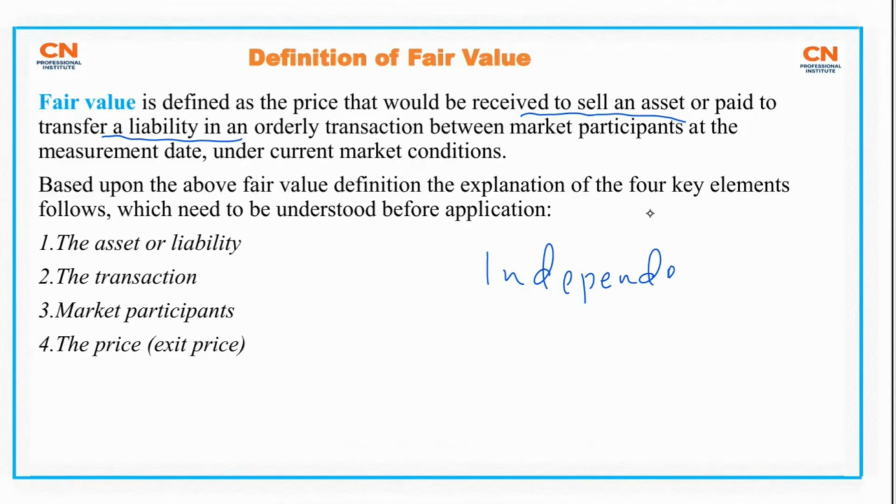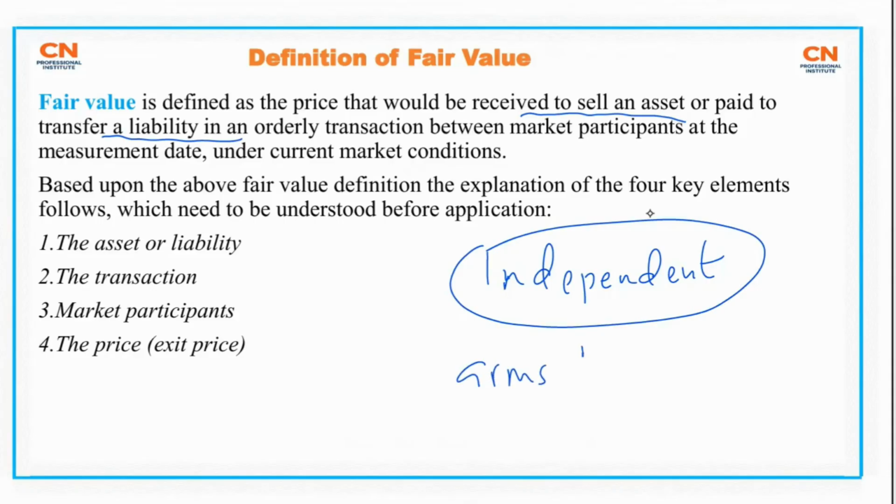Independent. Why independent? You see, for us to get the true fair value, okay, the transaction should happen between two independent people. If the parties are related, like your friend, your mother, your father, your relative, you see, you might not sell the asset at the exact price, or you might not sell it at arm's length, right? I mean, because you are related to the person, you might sell at a lower price, right? And that might not reflect the fair value. So fair value happens between what? Independent parties, okay, in an arm's length transaction. So don't forget that.